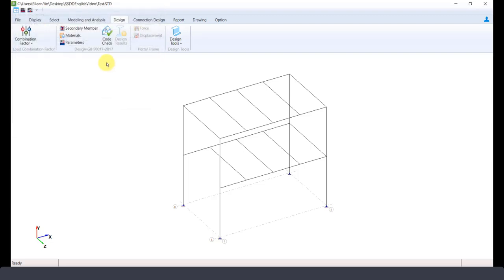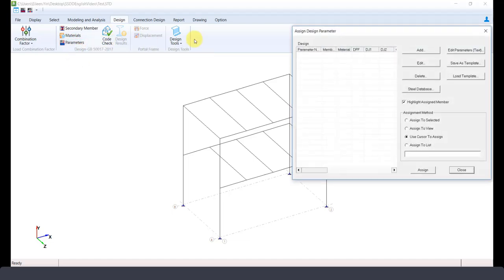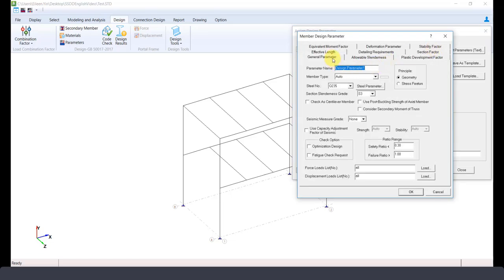Now let's define design parameters. For this model, we can create 3 kinds of design parameters. They are the main beam, subbeam, and column design parameters. Then we click Add. In the General Parameter page, we name the parameter main beam. In the Member tab, Bentley member, steel number